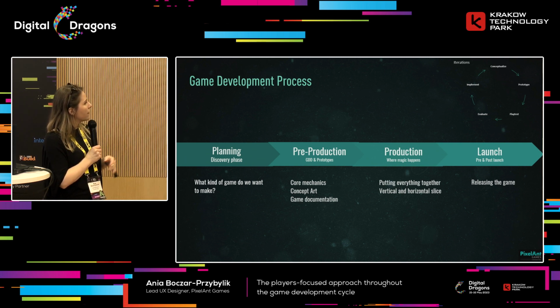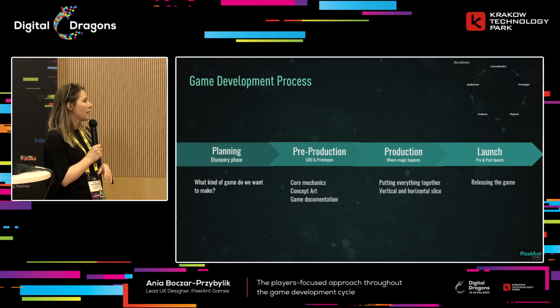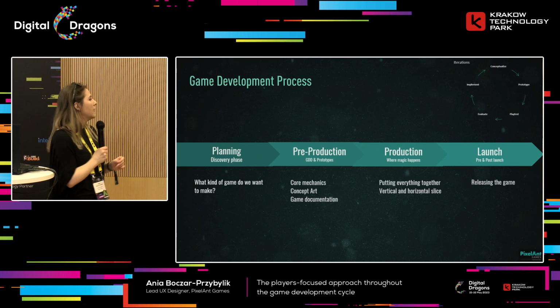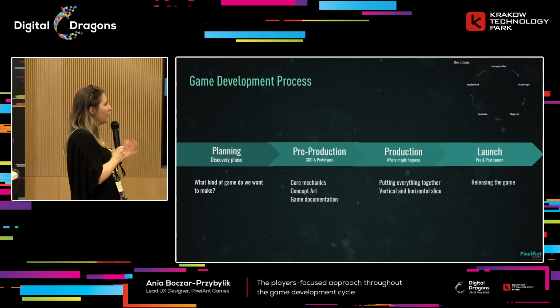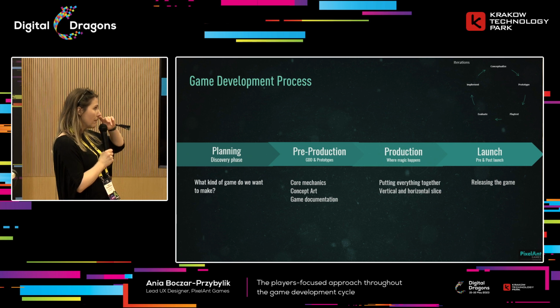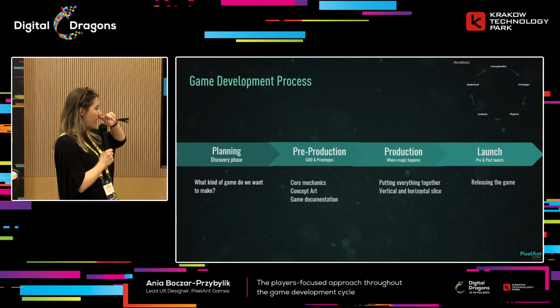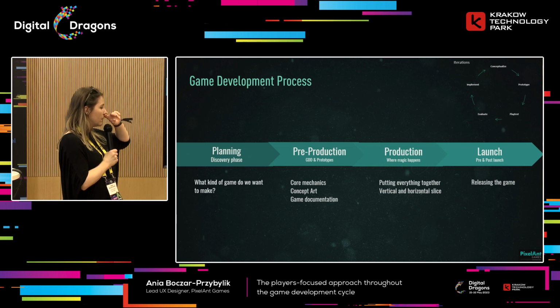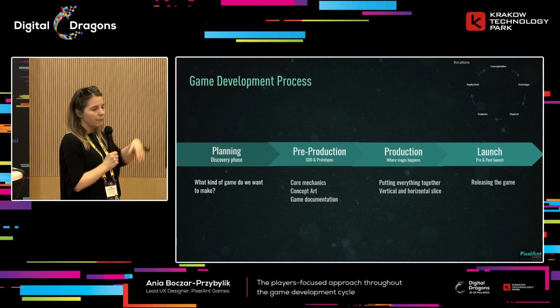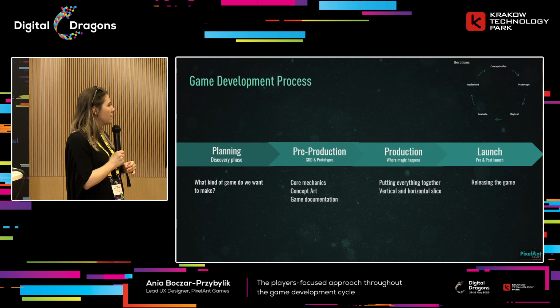Then there's pre-production phase when we create core mechanics, concept arts, like game design documentation, hopefully. Then there's production when magic happens. We put everything together. A vertical slice, horizontal slice, alpha, beta, and then we go to launch, and we release the game, and yeah, we expect the game to be awesome, and like we want the game to be received